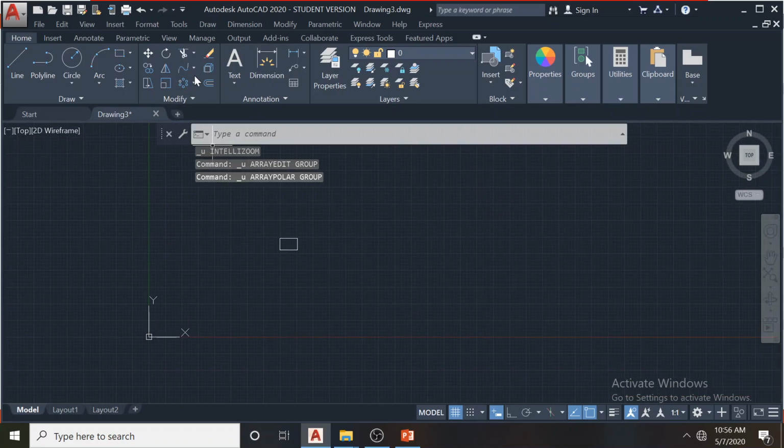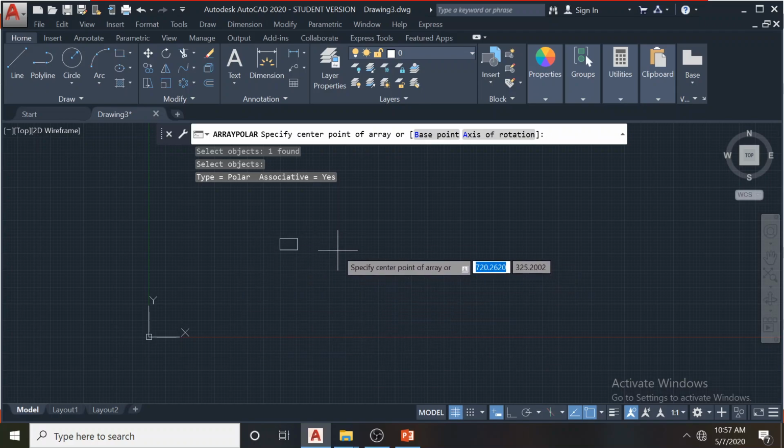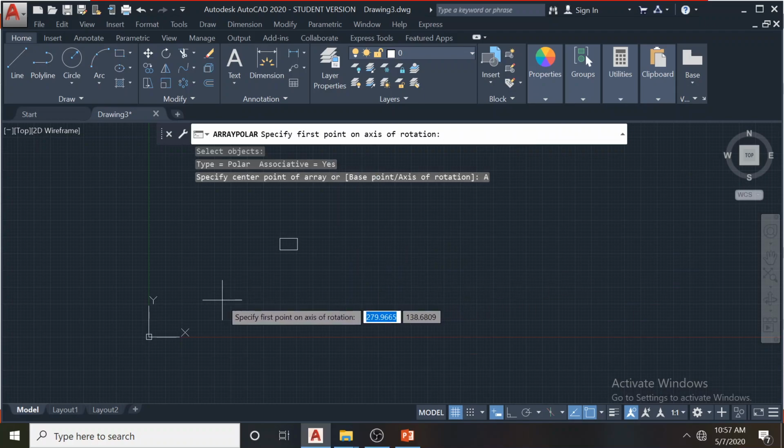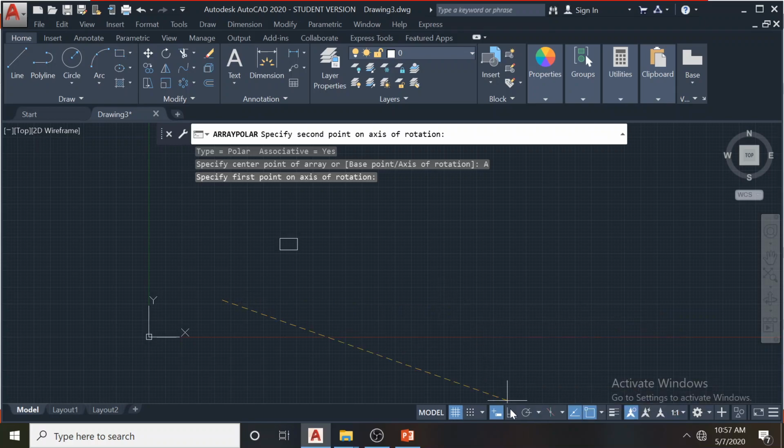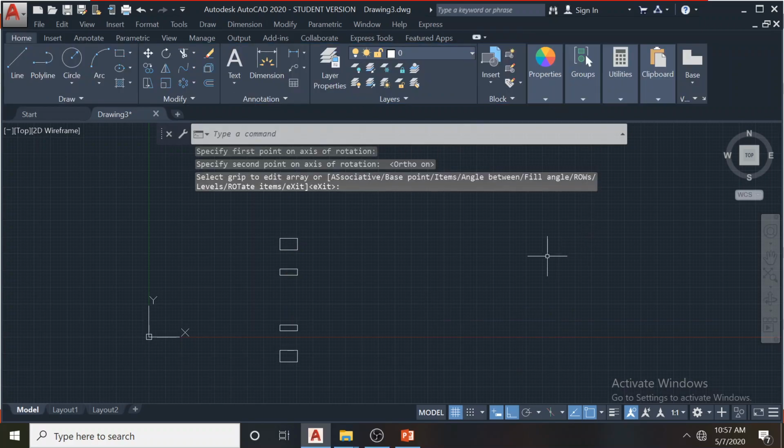When we start the tool, it says select object, enter, it says axis of rotation. So what is this? Axis of rotation is different from center point. With the center point, I just gave the center point and you got a 2D polar array. So axis of rotation is somewhat different. If I give an axis like this, a perfect horizontal axis, you will get a polar array, but that shape is different from the earlier array. The settings are the same, and when I close the array,